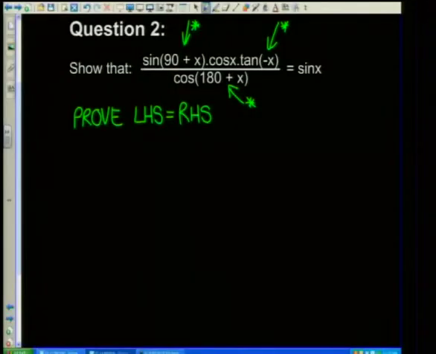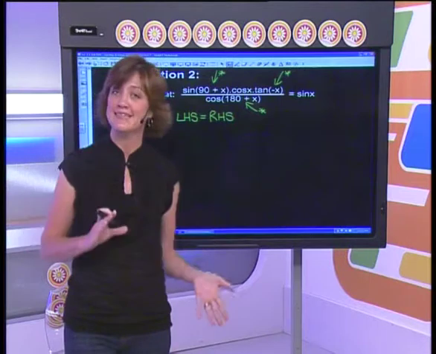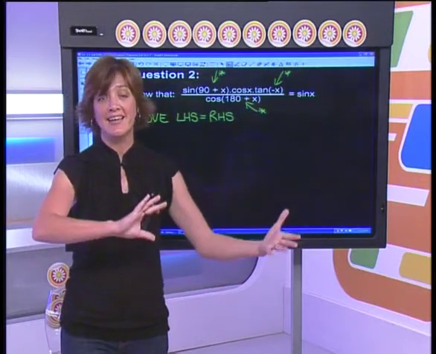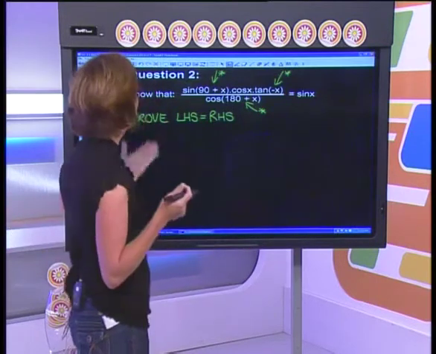I really hope by now that the teachers have drummed it into you guys enough that if you are working with a 90 plus or a 90 minus, you are changing to your co-functions, okay? And that simply means that your ratio of sine theta is equal to cos of 90 minus theta, and vice versa. Okay, so if I've got 90 plus x, first things first, that's taking us into quadrant 2.